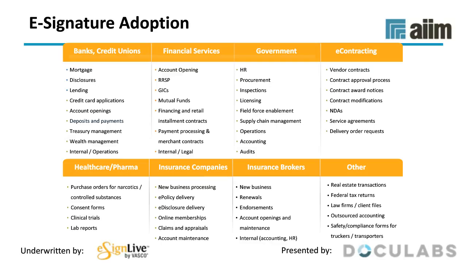Now, speaking of internal, and actually only mentioned here under the government heading, but really applicable for any business, is HR processes. So think of employee contracts and all the paperwork that has to be signed when a new hire is onboarded, right? So this is actually a super common example and application area for e-signatures.